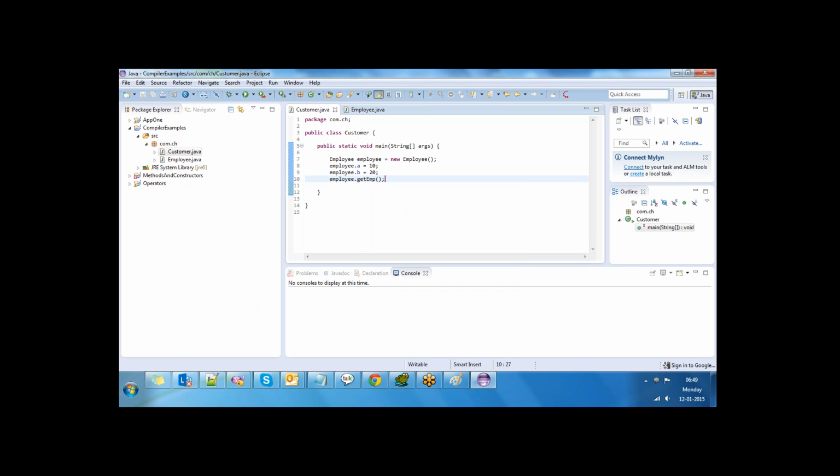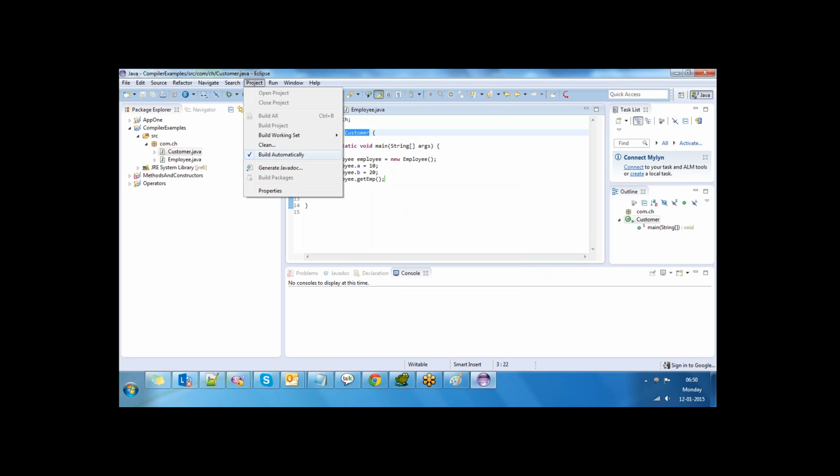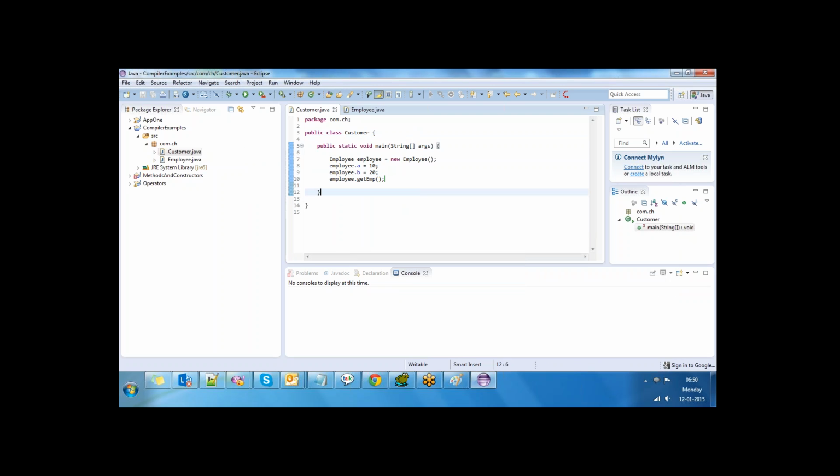For example, if I want to execute the customer class without loading the employee object, at that time I will be getting the compilation error.